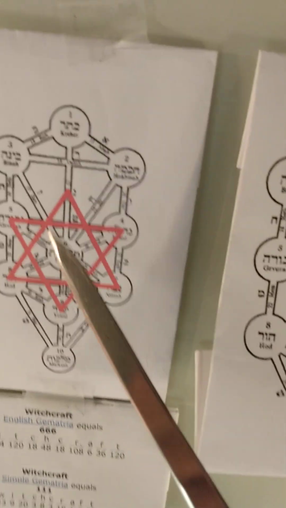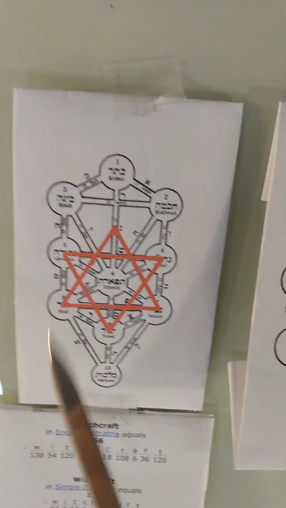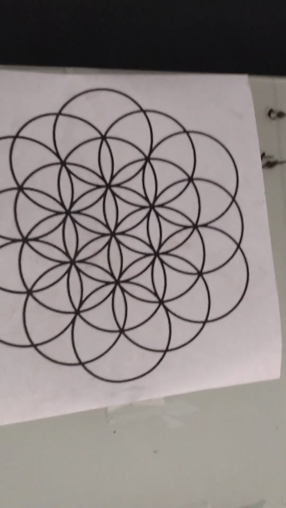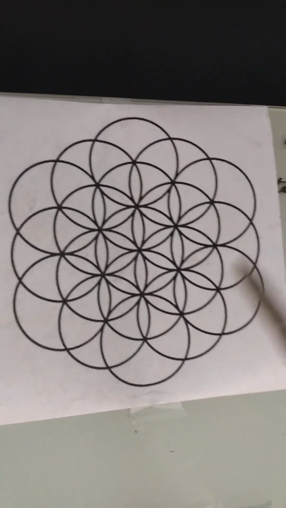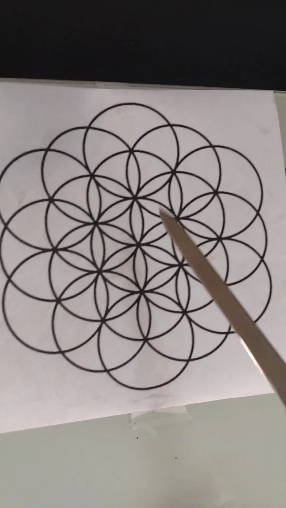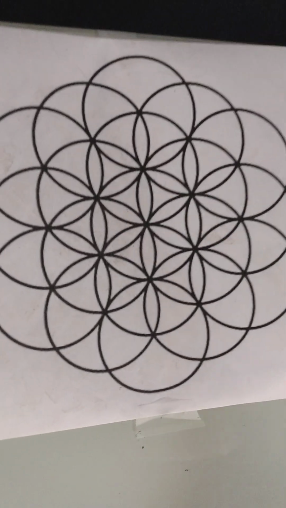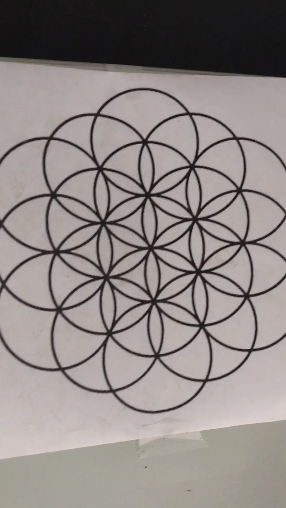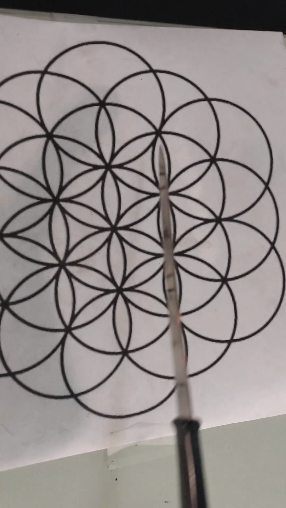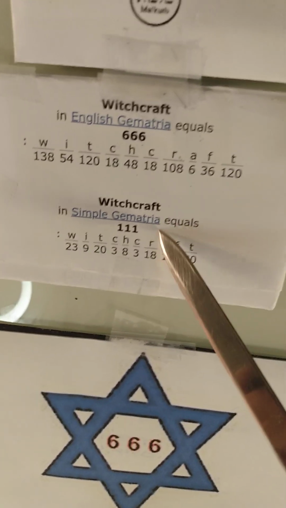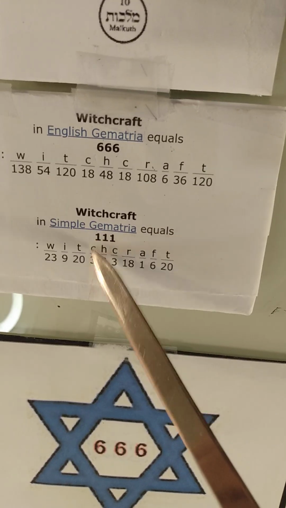So witchcraft can be made inside of the tree of the Kabbalah, which again, that's the origin of the witchcraft. Now the 666 all started with the flower of life in sacred geometry, where it takes 6 circles to make another 6 circles to make another 6 circles to make this symbol here. The first circle doesn't count because it's supposed to be God, and he's in the ether, so that leaves us with 666. And you can see indirectly you have a 1 and a 1 and a 1, which brings us back to understanding that they managed to fit the word witchcraft in simple gematria, and it had to equal 111.